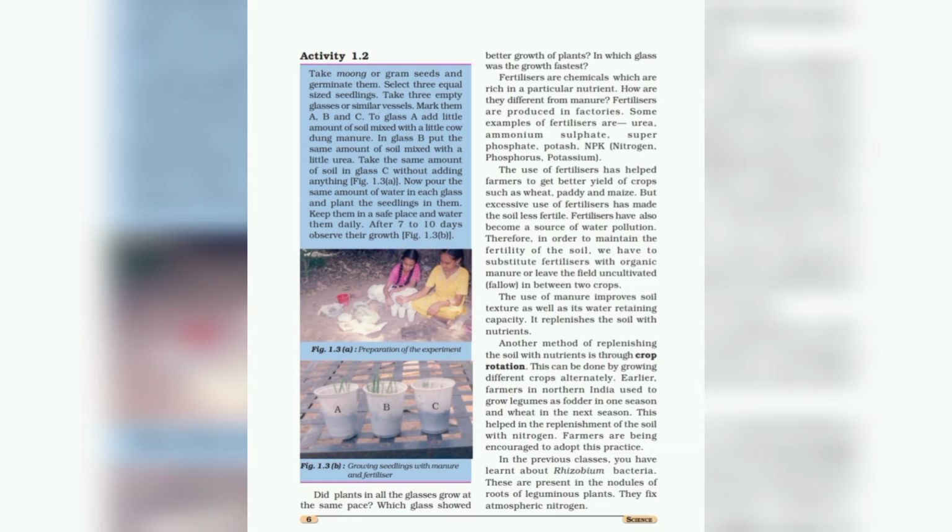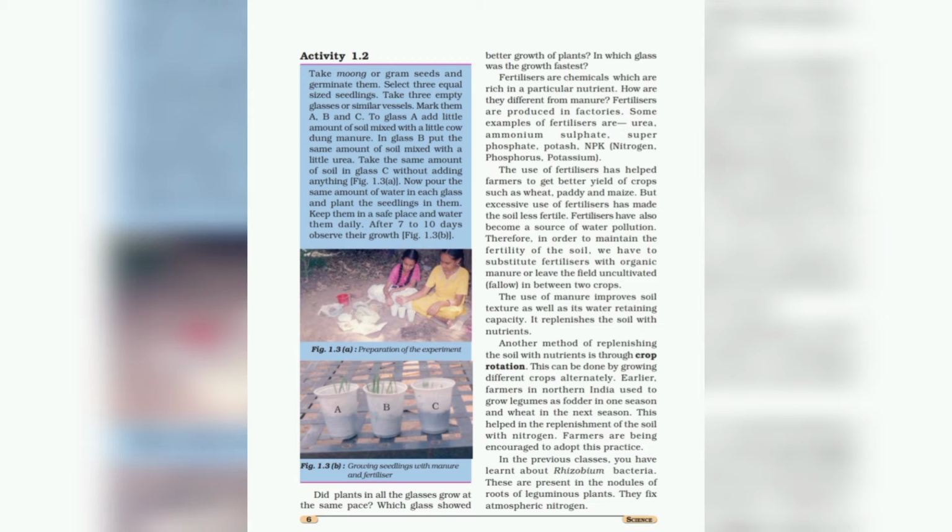Therefore, in order to maintain the fertility of the soil, we have to substitute fertilizer with organic manure or leave the field uncultivated, that is known as fallow, in between two crops. What is fallowing? In this method, land is left uncultivated for one or more seasons. The fallow land regains the nutrients by decomposition of remains of plants and animals by the action of microbes. So the use of manure improves soil texture as well as its water retaining capacity and it replenishes the soil